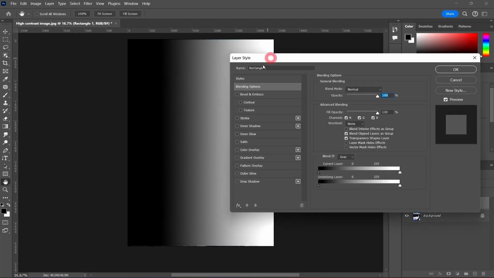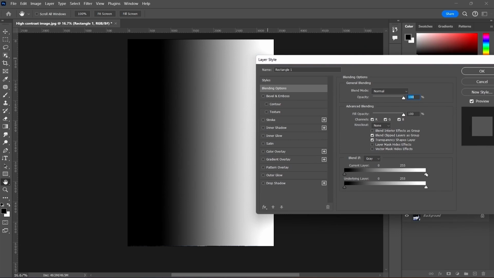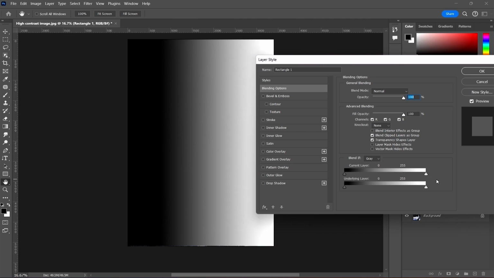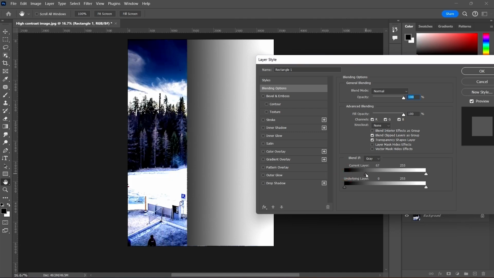Now on the blending options, if you come down, you see what we have here. So this is blend if, and this is basically what we are going to be working with. Now all I need you to do is to come to these sliders here, click here and drag this to the left hand side, and as you can see, it's basically erasing the bright parts of our rectangle. Okay, it's erasing from the bright parts to the dark parts, just like how we see here on the blend if slider. You get? So here also, if you click and erase to the right hand side, it's going to erase from the dark parts to the bright parts,